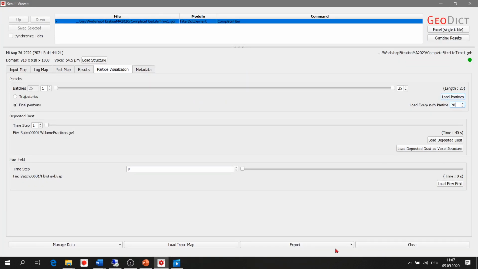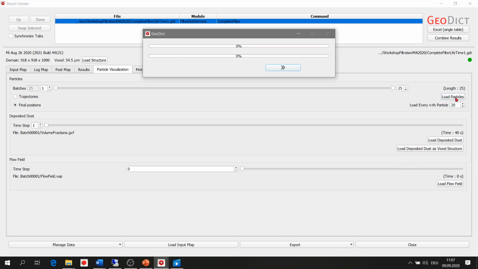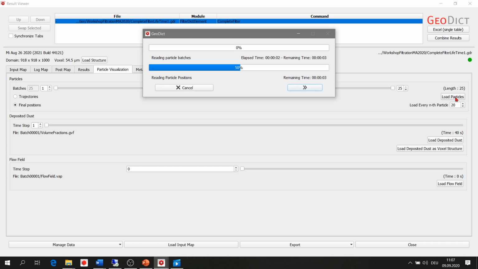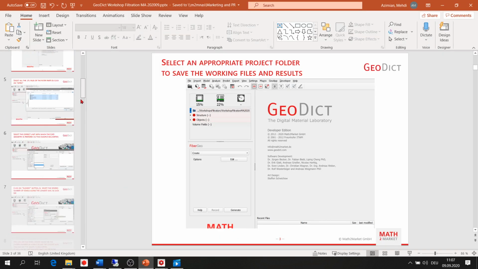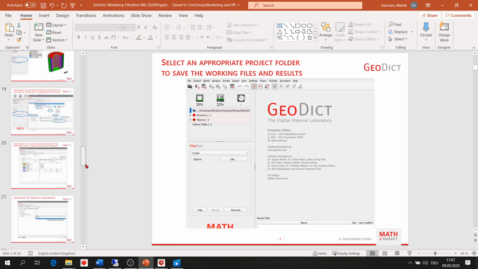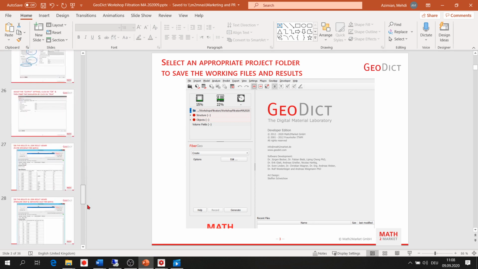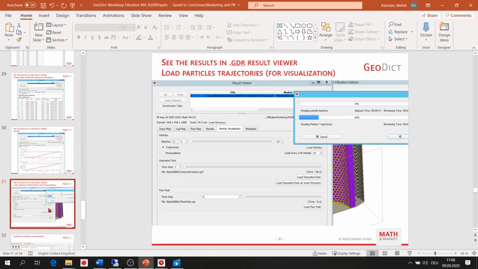And then I can just simply say load particles. In the meantime, we can switch to the presentation again and go to slide number 31.